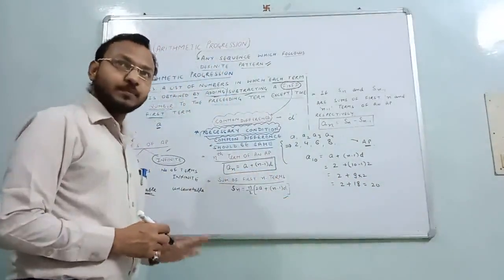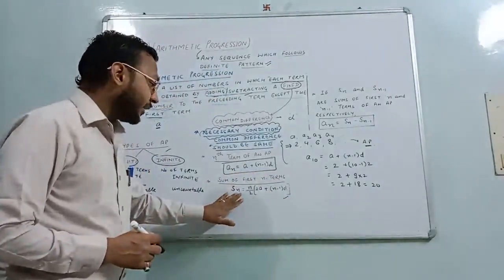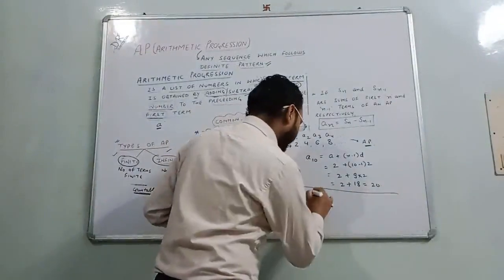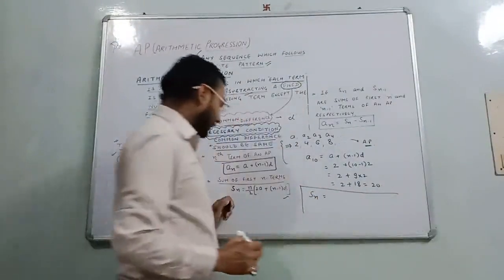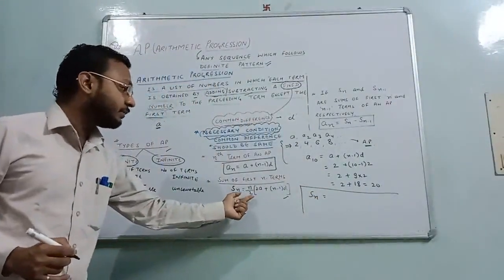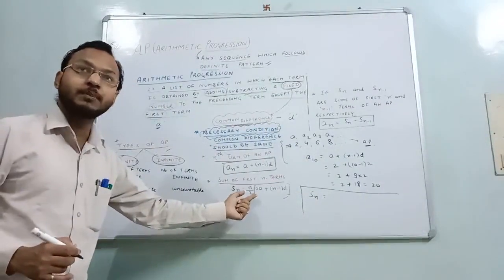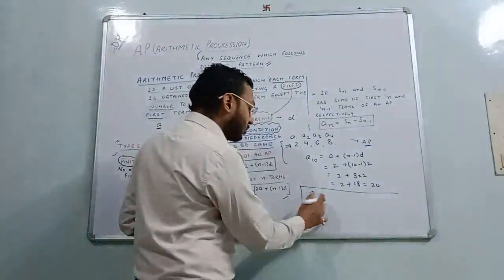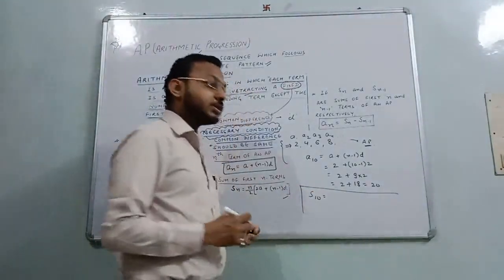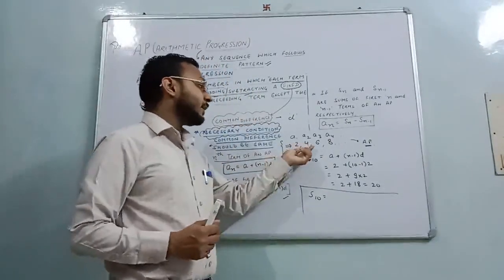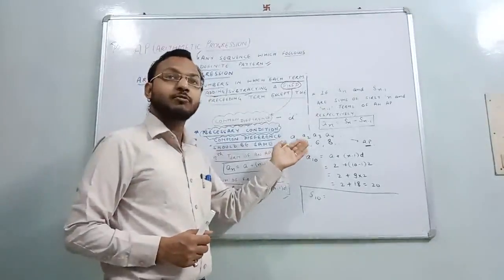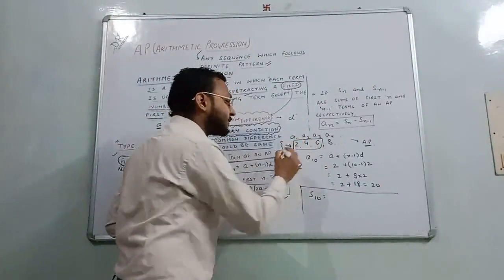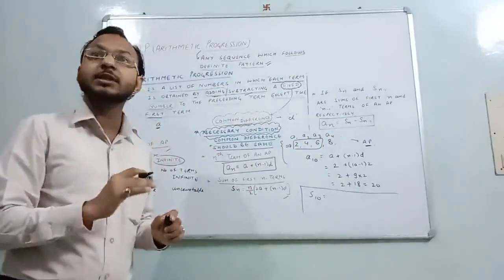In the same way, we can find out Sn also. Before leaving, we can also find Sn. Here the formula for Sn would be n by 2 into (2 times a plus (n minus 1) into d). If I just want to find the value of S10, what does it mean? For example, if we need to calculate the sum of the first 3 numbers: 2, 4, 6, that is 2 plus 4 plus 6, that is 12.